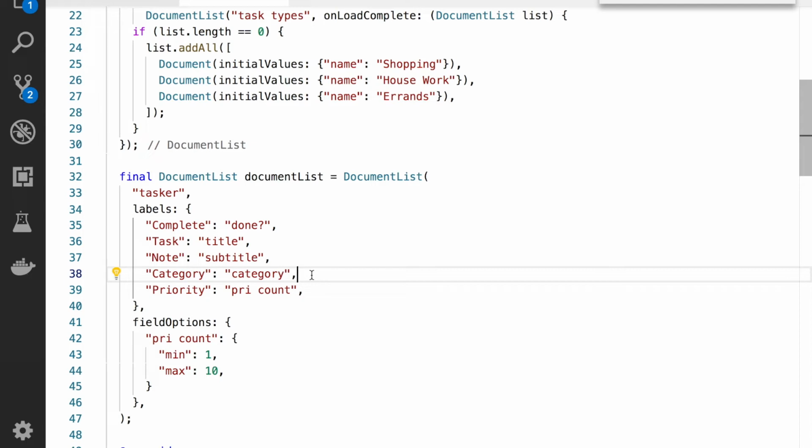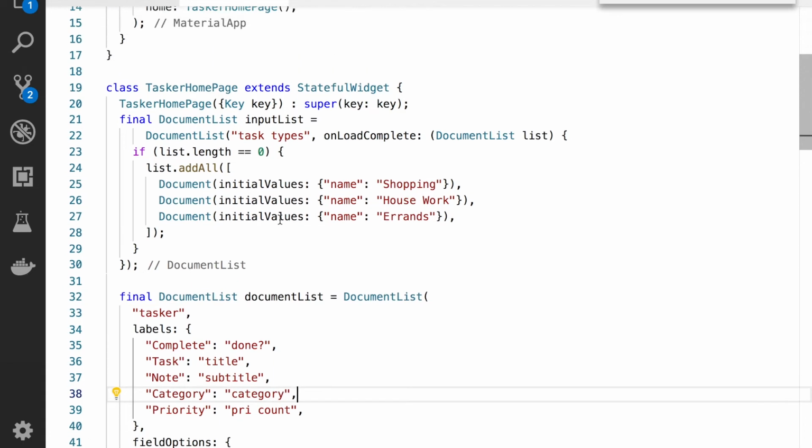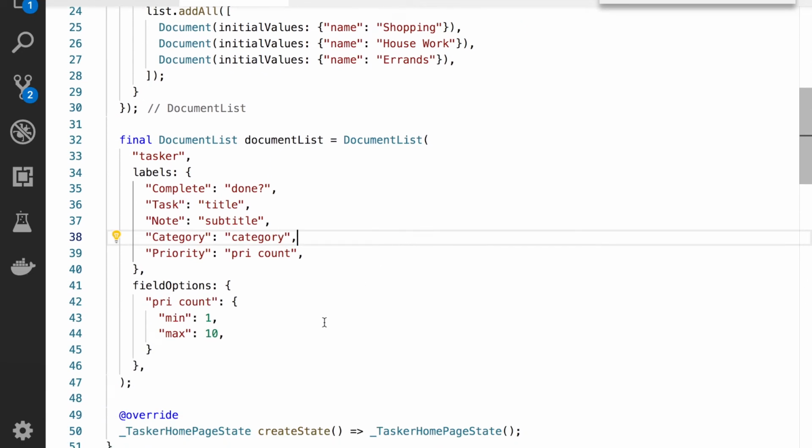But sometimes you don't want the user to put anything for category. You want to have a list, just a specific list for categories. So what I did here, up here you can see I created another document list. And this document list has 3 documents in it with the name shopping, housework, and errands. Okay, so let's see how I can use that